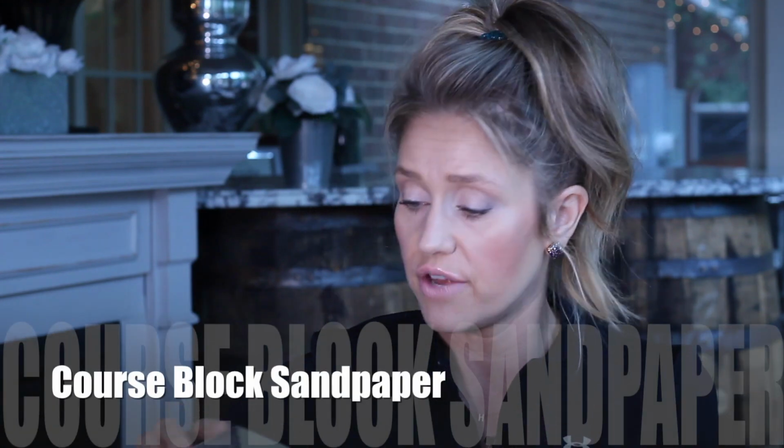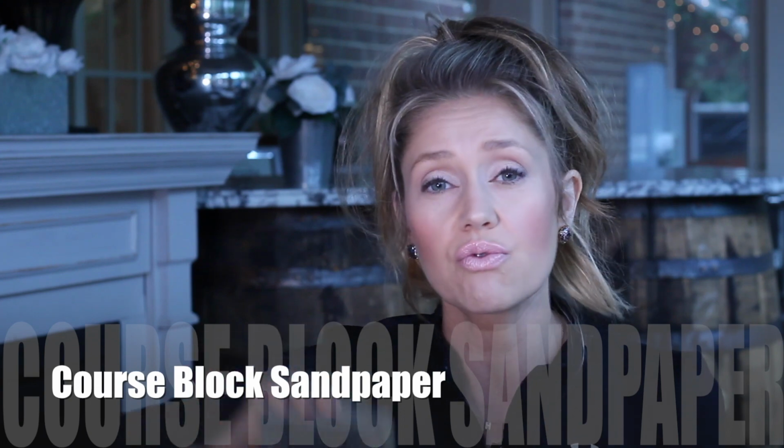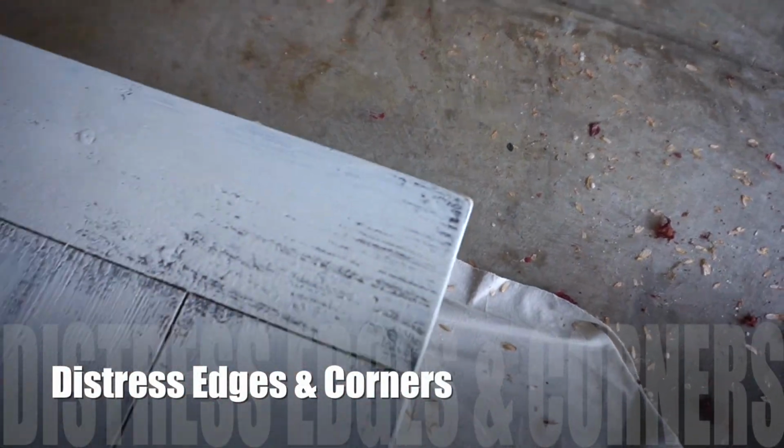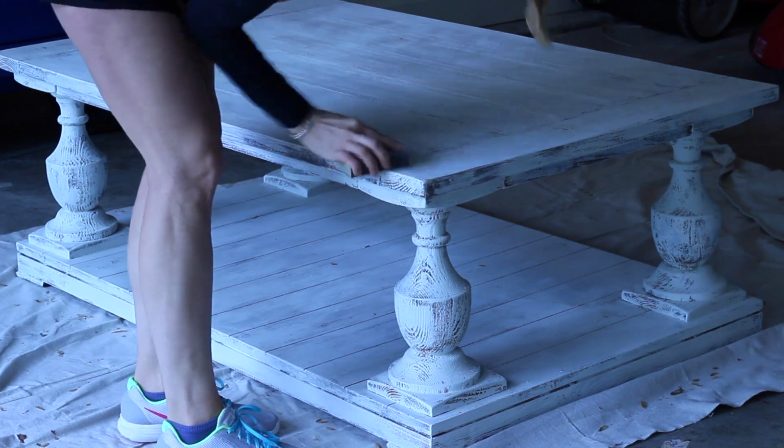And then what I also like to do is go in with a more coarse sandpaper. This is just a sandpaper block, and really rough up the edges wherever you want the paint to actually come off and you want to show the wood from behind through. You just go through and really rub really hard, and it's going to make that table look even more distressed. Once you've sanded everything that you want to sand, you want to take a rag and just really rub that table down so there's no extra soot on there, no extra paint